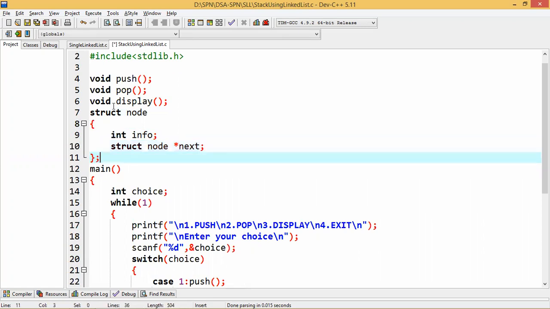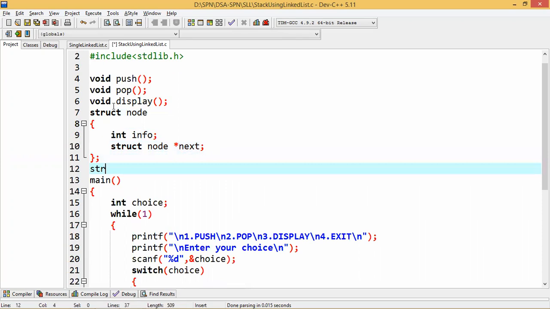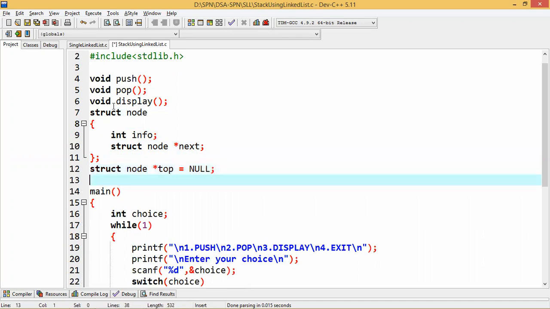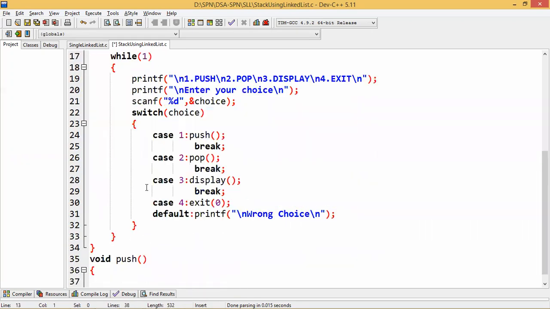So info and next, 2 variables will be there, and the special variable will be top, which will be initialized to null. Okay. So we are using the variable top here. This will work like the start variable in a single linked list.